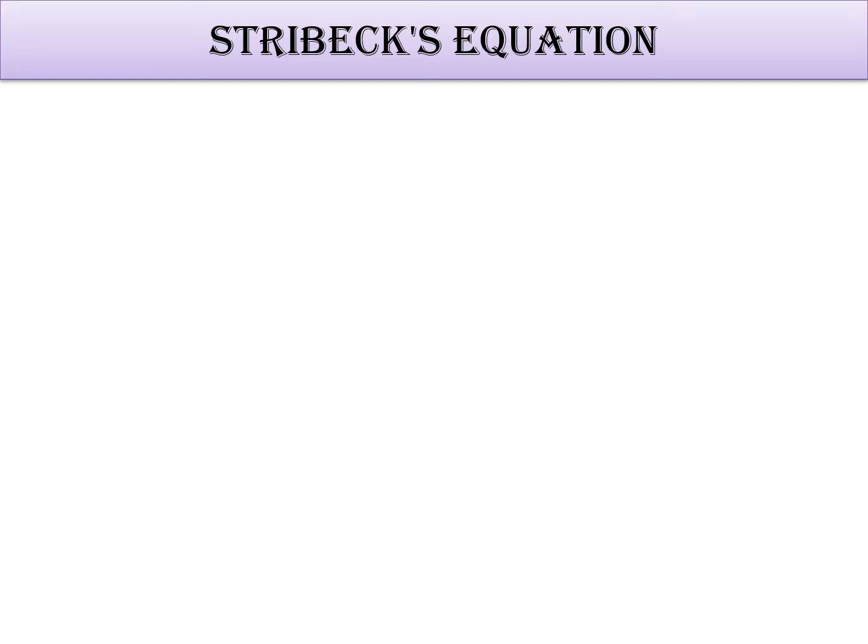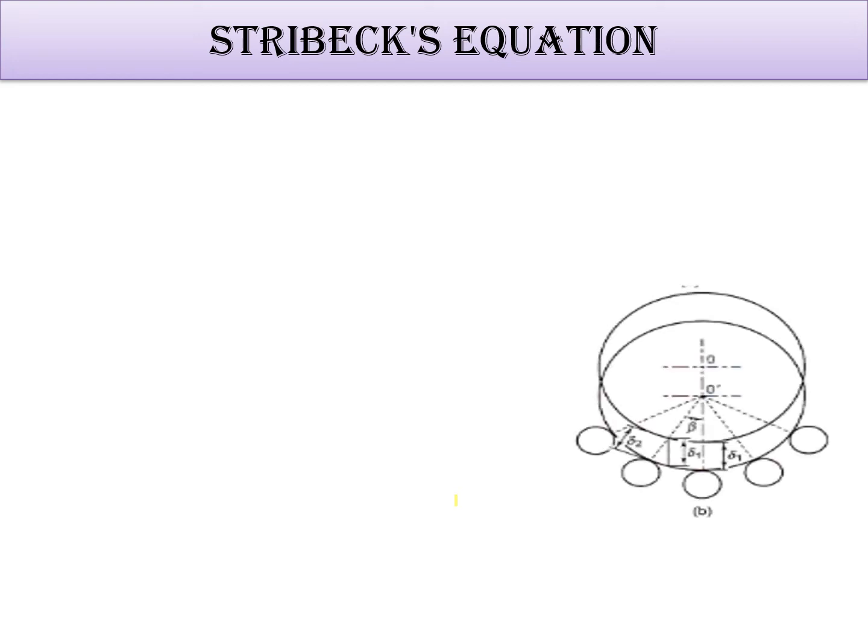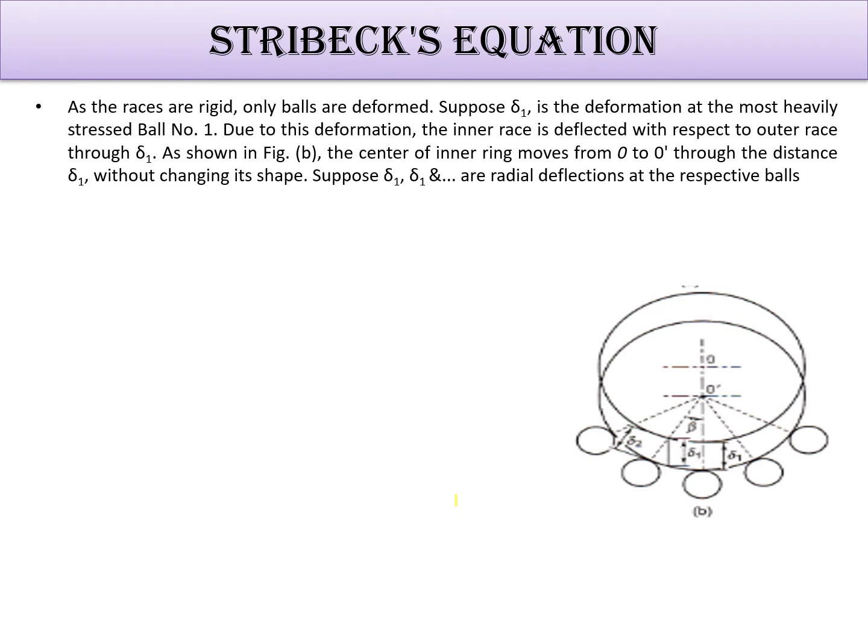So the next equation is for the deflection. Since the balls are rigid, the deflection delta 1 is as I told you in the previous one. The same thing applies to delta 2. So the equation will come as delta 2 is equal to delta 1 cos beta. This we term as B.